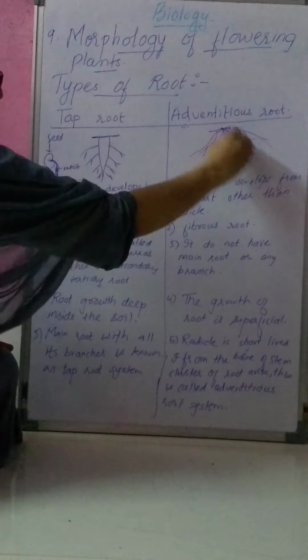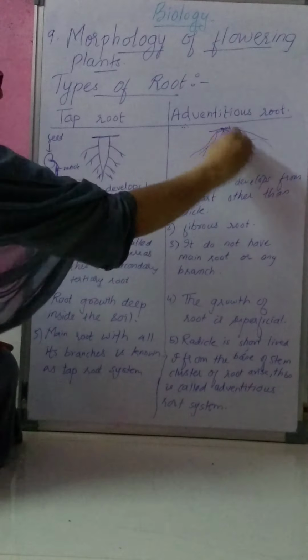But if the roots have to perform a certain different function in addition to the function they are performing, that comes under modifications. As there are two types of root, that is taproot and adventitious root, modifications are also of two types. So first we'll see modifications of taproot for food storage.